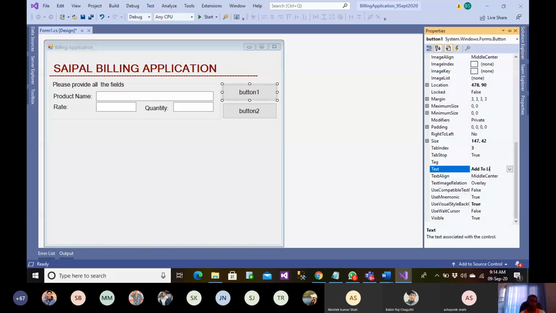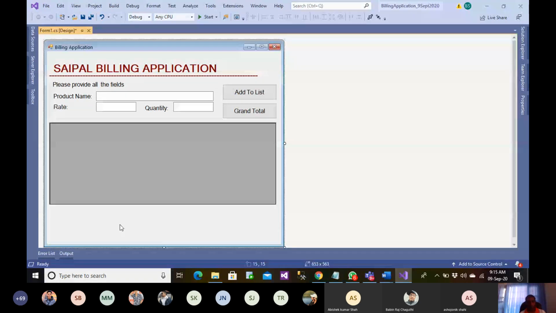You can take list box, whatever you want. But for now, we'll take a data grid view. Let me just disable everything. And let me just make it dock to parent container so that this will occupy the full space.